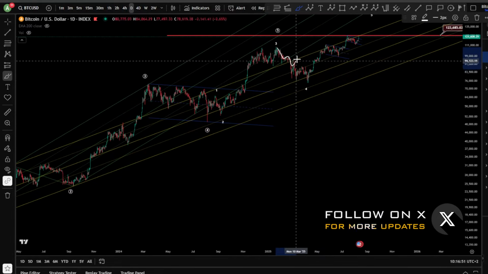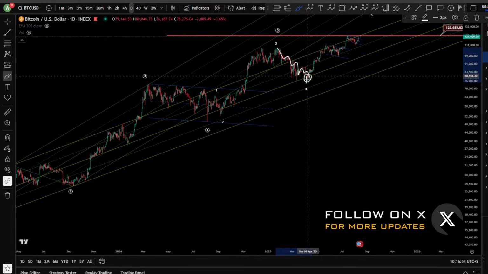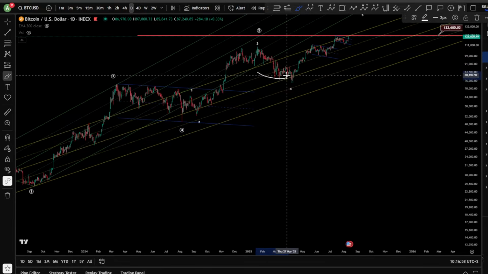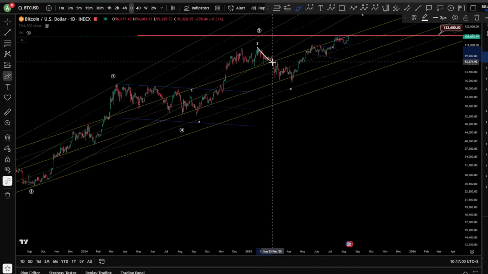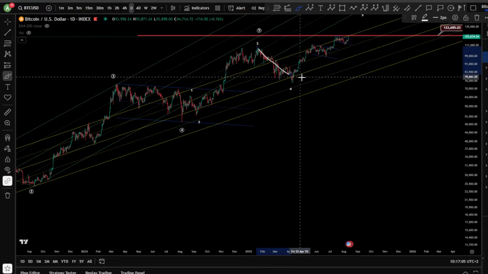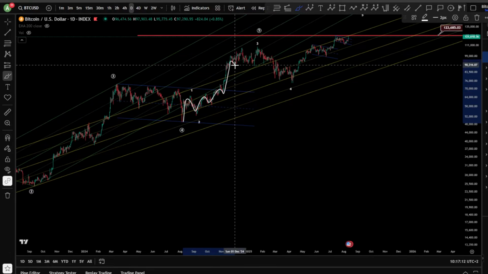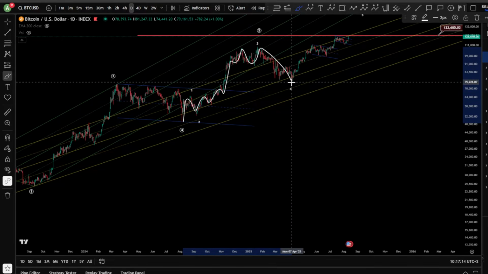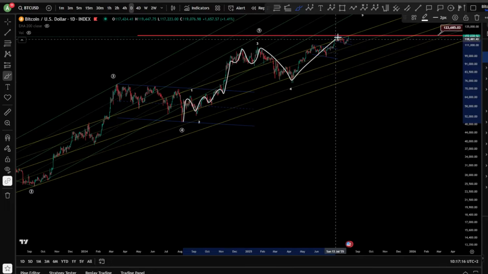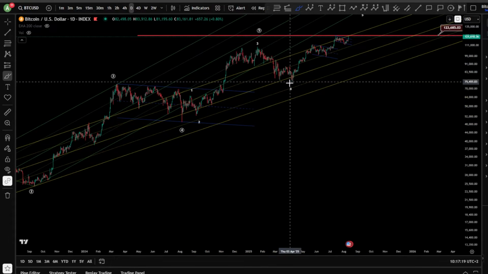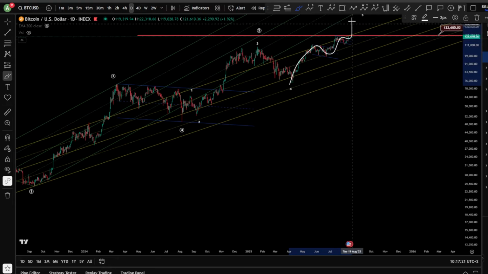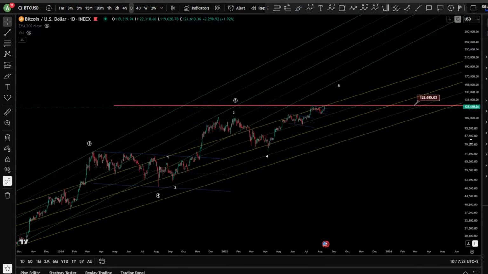After this, we see, of course, the correction, a very complex one, hitting again the middle of the base channel, kind of claiming that this impulse is finished, because once you leave the acceleration channel in an impulse, that means, of course, the impulse is done. However, in this case, based on Elliott wave, we have 1, 1, 1, 1, 2s. We have covered 4 and 5, and you still potentially have one more wave 4 and a 5 to be unfolding towards the upside. Therefore, of course, the possibility here plays as one more wave towards the upside,